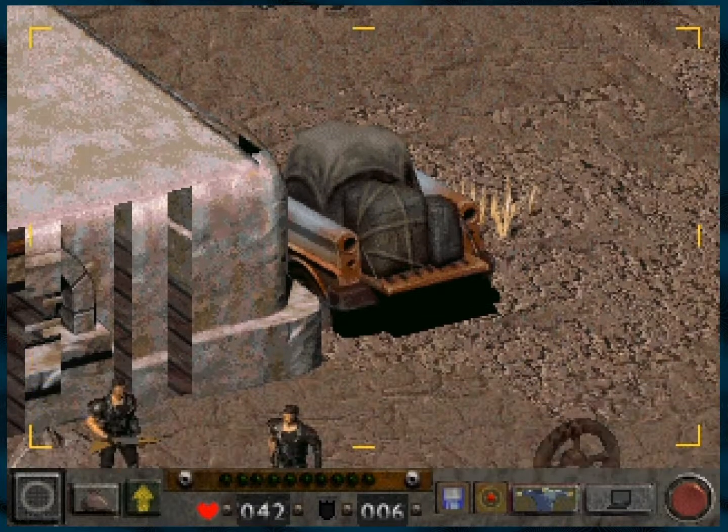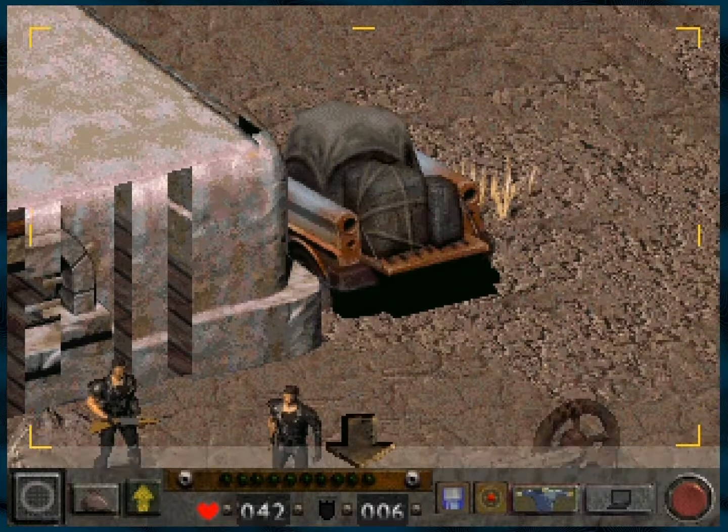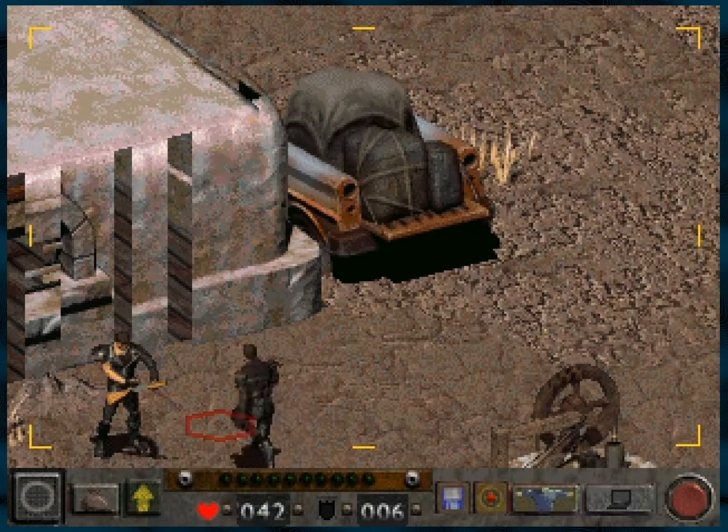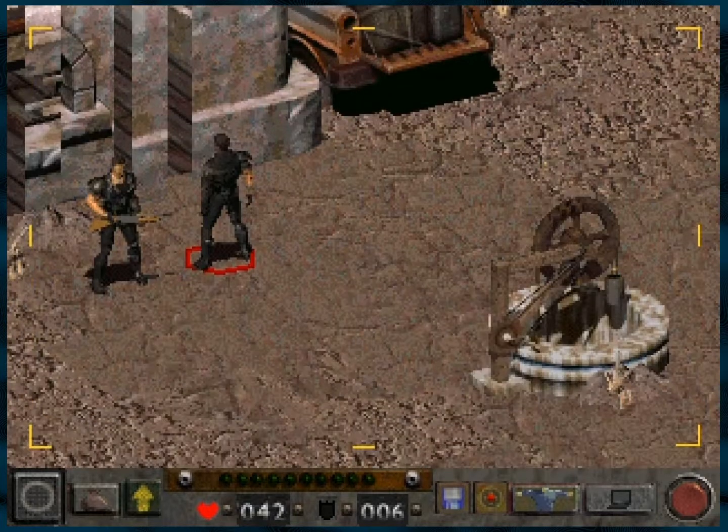Most vehicles aren't square. It kind of looks like a chair on wheels. It's the Mad Max chair. It's the Mad Max throne.